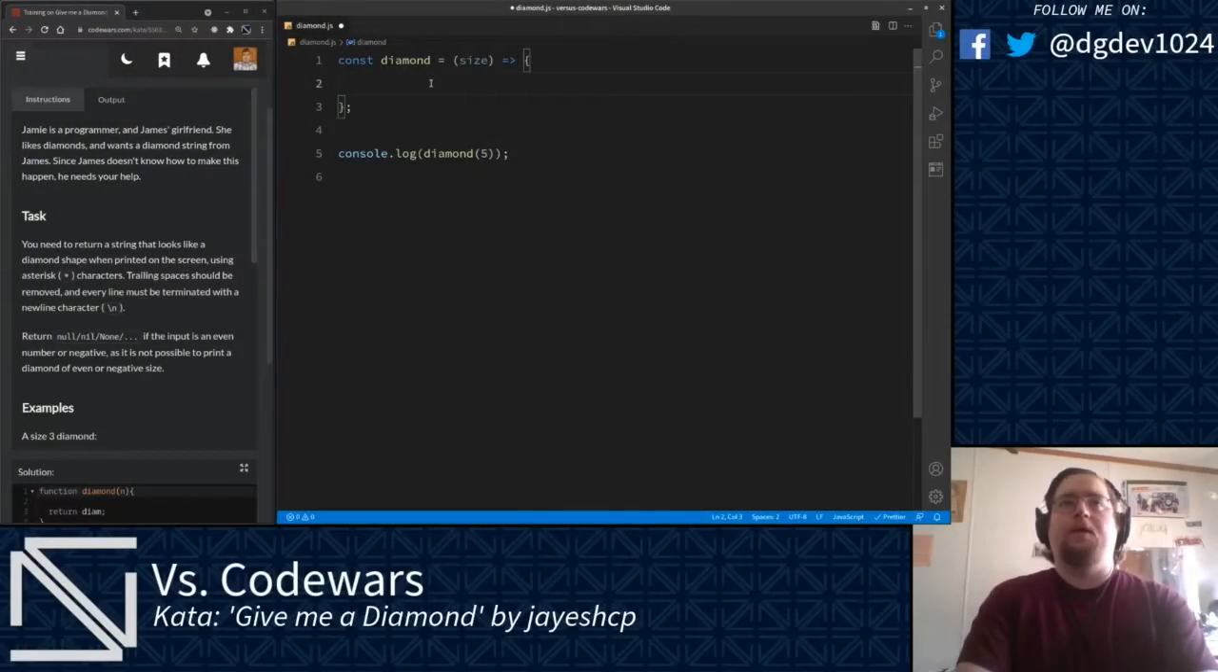Here, we are building out a diamond of a given size. Let's go ahead and get started. Const diamondString. This function is going to be returning the string representation of a diamond of the size given in the argument. So we're going to start this out with an array, and we're going to first populate that array with an asterisk, which this diamond string will be composed of,